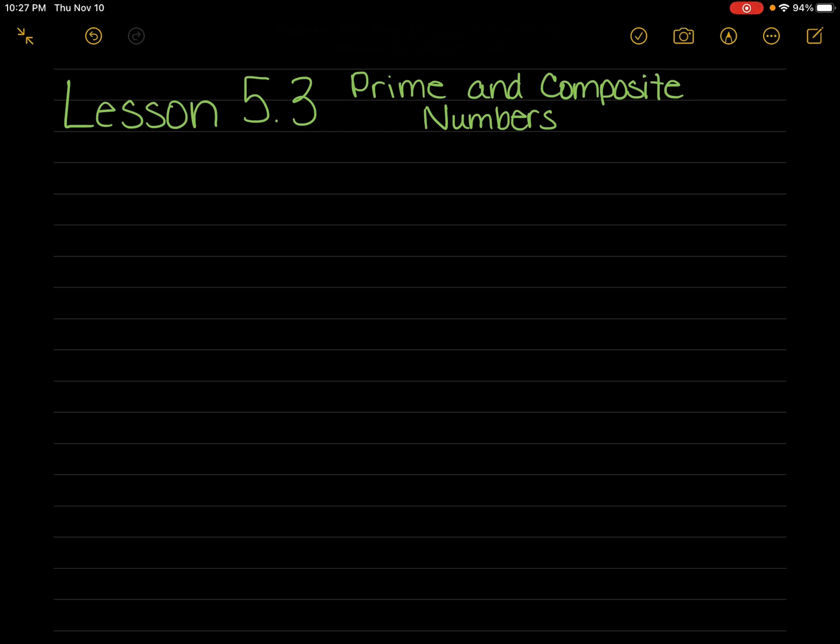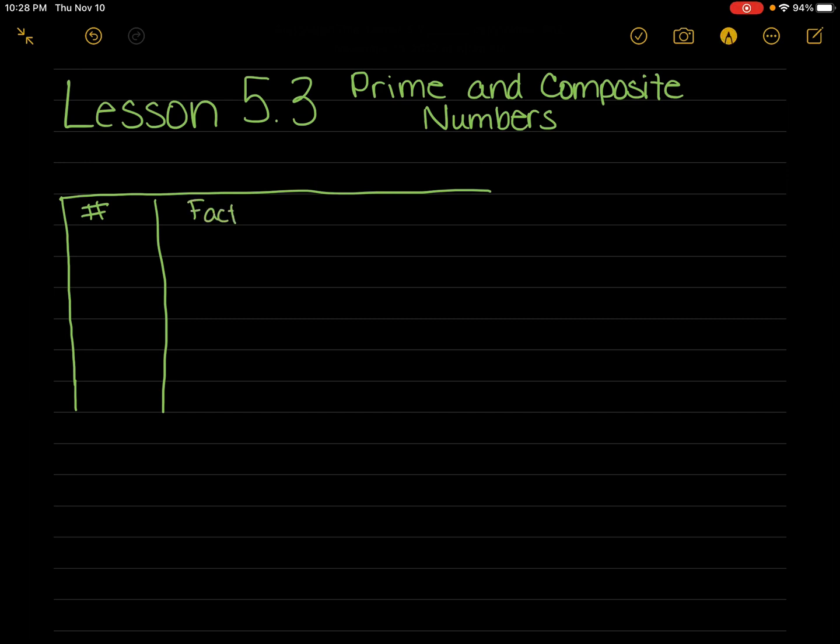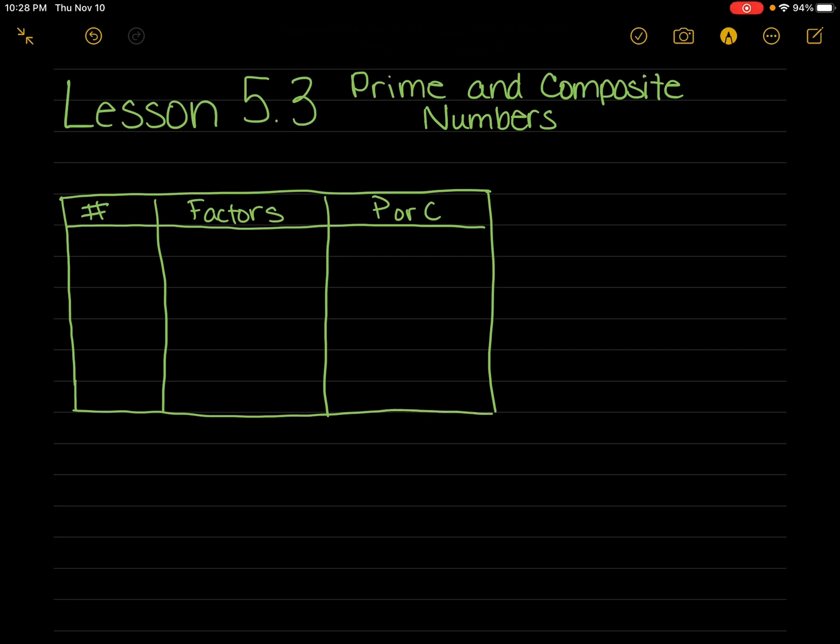First we're going to make a little chart here. Okay, we're going to go down 1, 2, 3, 4, 5, 6, 7, go across. And then right here we're going to put number, okay, and then we're going to have factors. And then at the end, you could just put P or C. So that stands for prime or composite. Okay, so here's our little chart. We're going to do a quick learning of what prime and composite are, starting with our numbers 1, 2, 3,